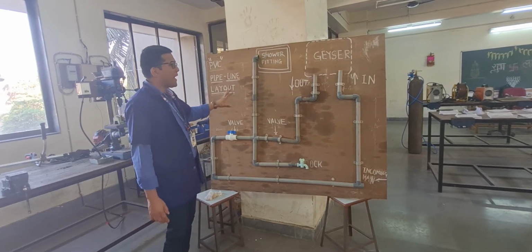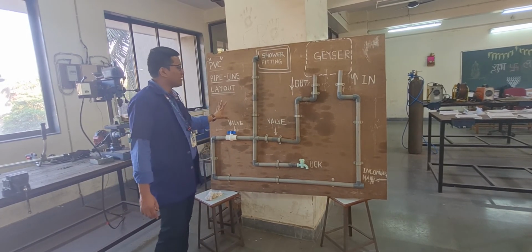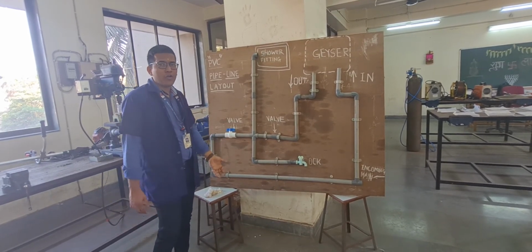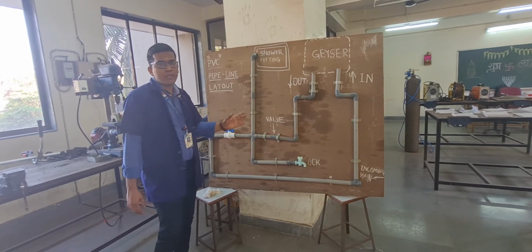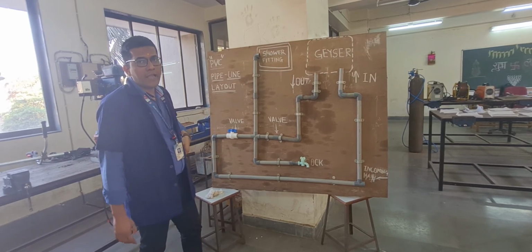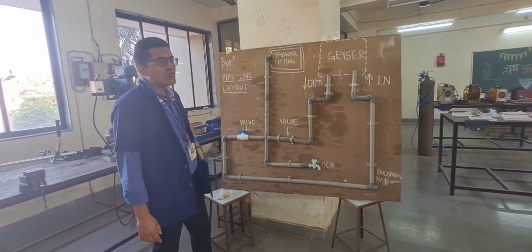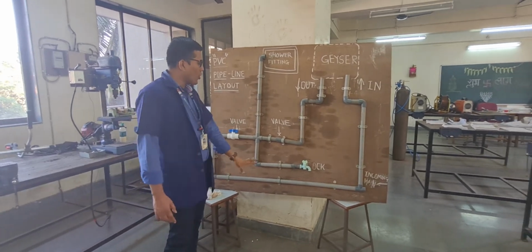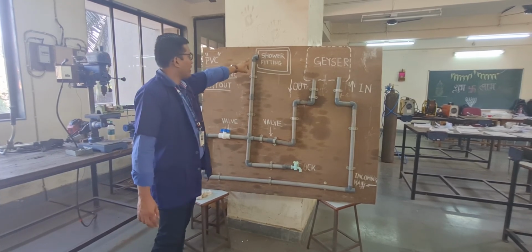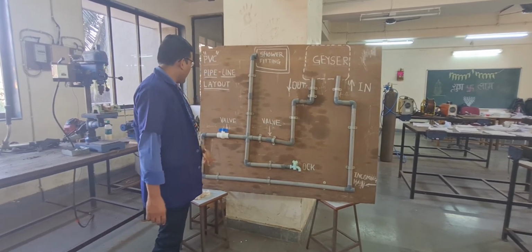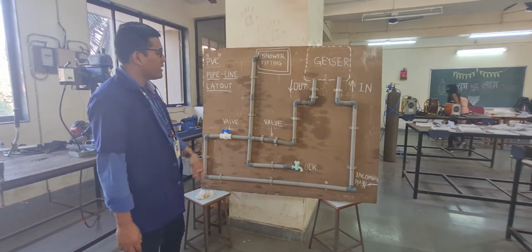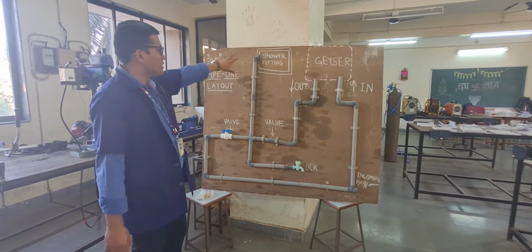So this is the basic pipeline layout. According to application, we can draw various layouts. The main purpose of this practical is that you should know the different pipe fittings and how to make a bill of material. First you make the pipeline layout, and according to the layout we can easily know the different pipe fittings and pipelines, and the length and dimensions, according to your space available.